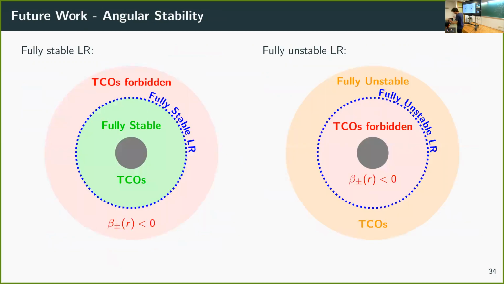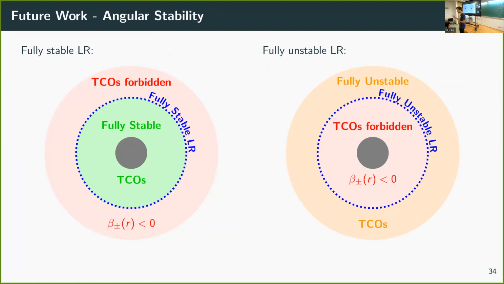Now, just to mention future work that we are trying to finalize, let's hope in one or two months this paper will come out. One of them is regarding the angular stability. All this work was only focused on the radial stability. But you can also have stability perpendicular to the equatorial plane, because you can perturb in that direction and try to see if it's stable or not. So what we found is that